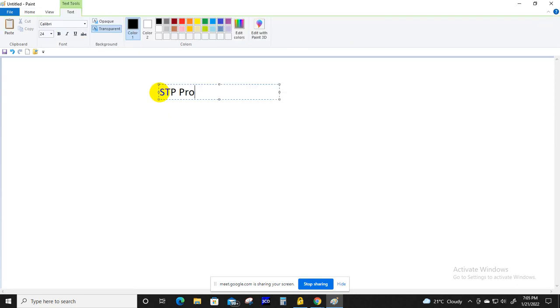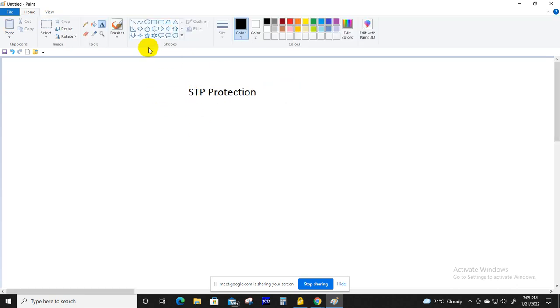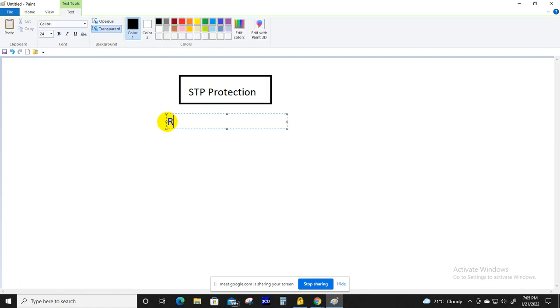আমরা পড়ছিলাম এসটিপি প্রোটেকশন। কি কি প্রোটেকশনের আমাদের প্রসেস ছিল, টুল ছিল? রুট গার্ড, লুপ গার্ড, বিপিডিউ গার্ড,